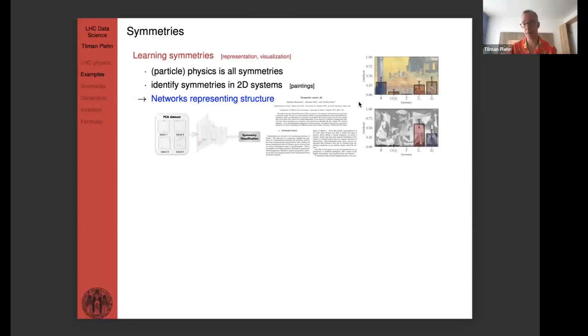Something I like, as a particle physicist, is understanding symmetries in data. And there are a million different symmetries in our data. We have rotational symmetries of the detector, rotational symmetries of jets, gauge symmetries, Lorentz symmetries. The world consists of symmetries, right? When we teach particle physics, we introduce the concept of symmetries, at least now, at the end of the first semester. And then we never drop that topic; it goes right through to the end of our master's and graduate education. So learning symmetries is really important.